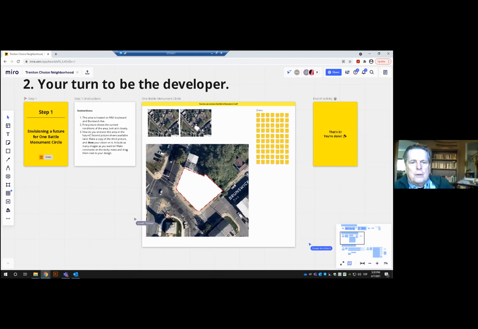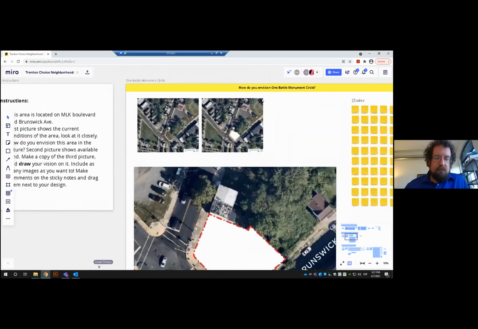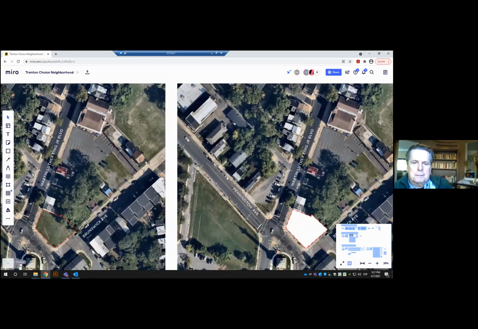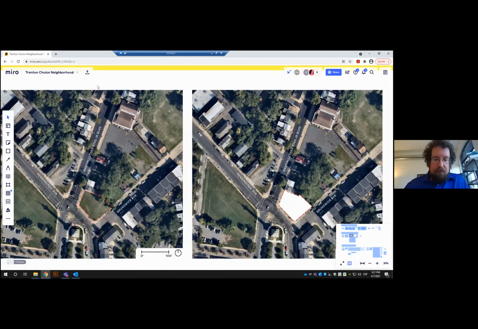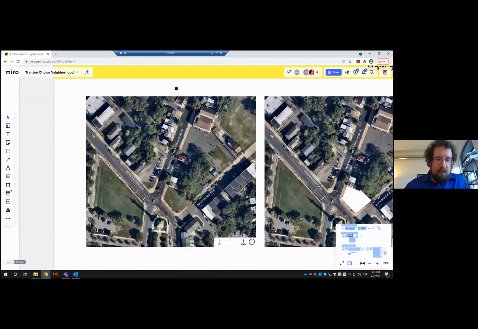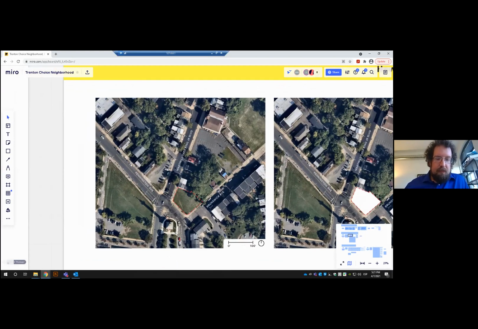Could you go over what's on the surrounding properties now? Yep, because that gives you context, right? So you can see in this area, the parcel that's whited out is actually right north of Battle Monument. Right above it, you see a church. And then there's a couple of businesses down Brunswick. And then most of the surrounding area is a lot of different residential types. You have some townhouses.